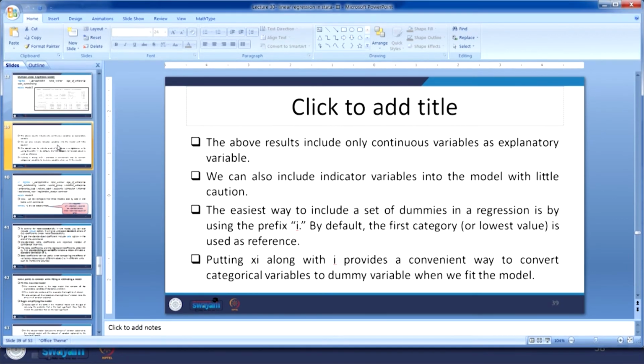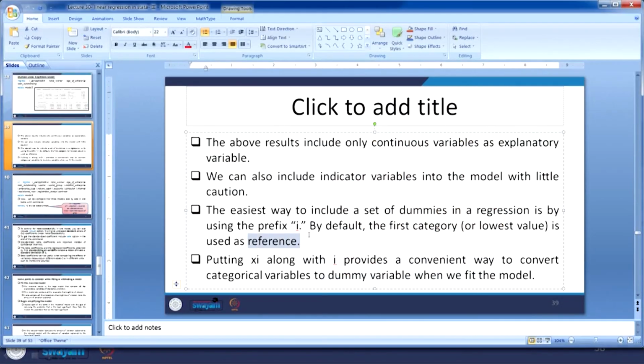To emphasize the dummies, the average regression usually does one thing, it simply averages the variables. So far in both the models we have taken the averages, but now if you bifurcate by the dummies, we can include a prefix command with I. By default the first category is considered as a reference term. We are going to show it right now. And for that we need to operate with an xi command.